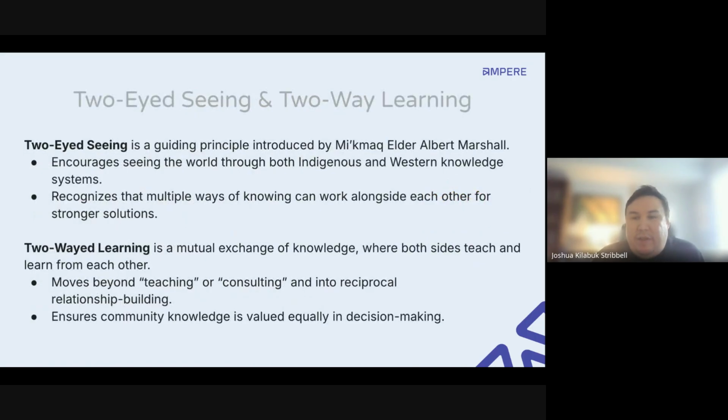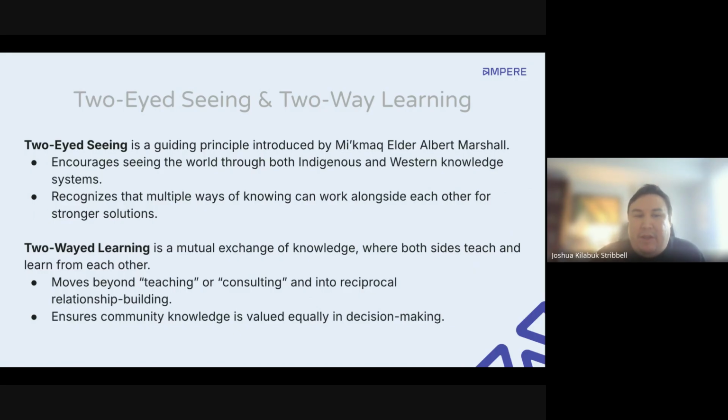So two-eyed seeing and two-way learning. Two-eyed seeing is more of like our core principle, and it's actually a Mi'kmaq concept that was introduced by Dr. Albert Marshall. And so the idea is that you would blend the best of Indigenous ways of knowing with Western ways of knowing. If you know anything about Indigenous communities, there are hundreds of nations in Canada, and big, broad